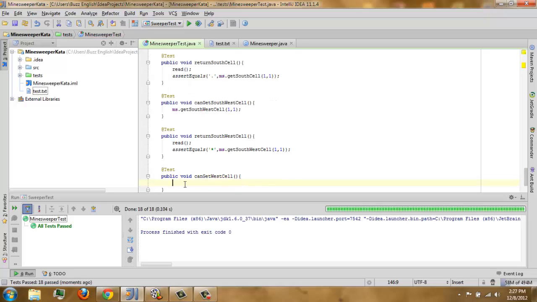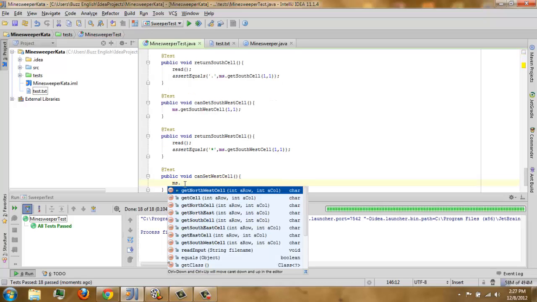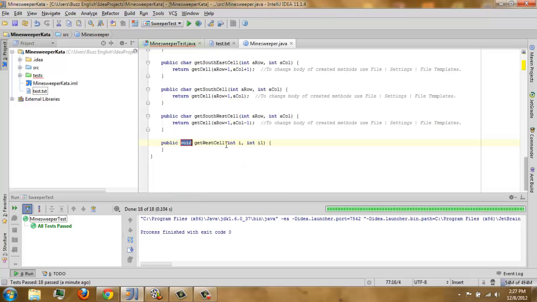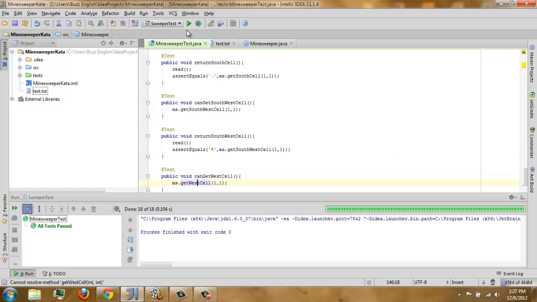Get south, get west, south, one, and red again. I know that already. We'll change this to row. Change this to column.